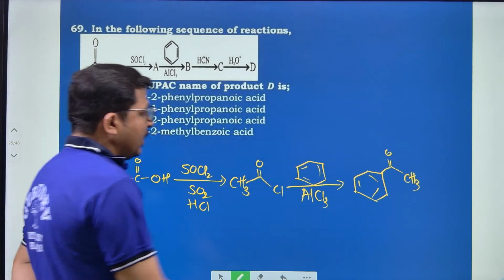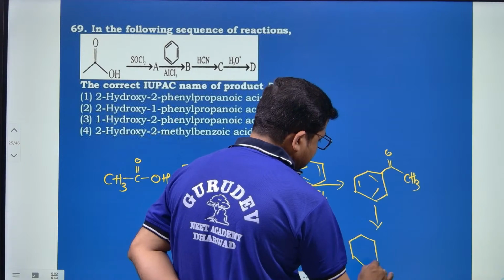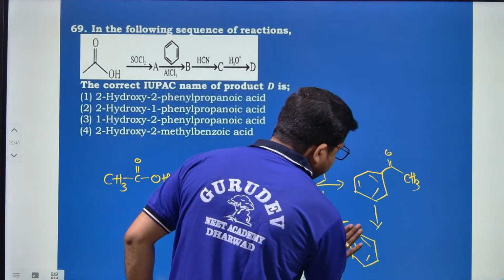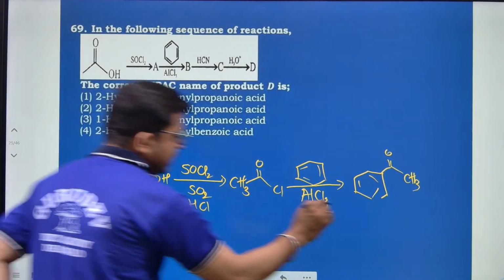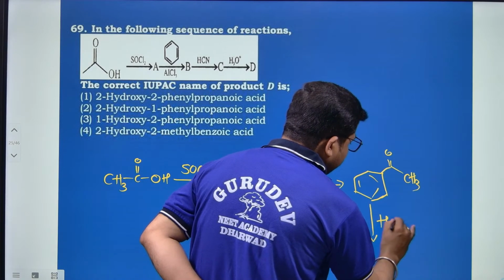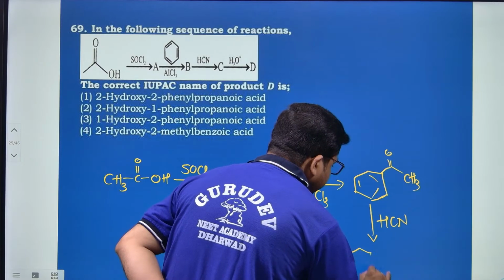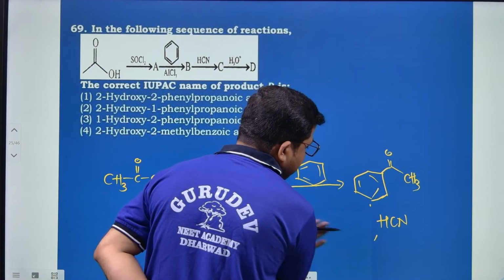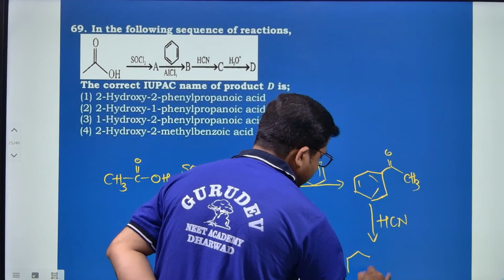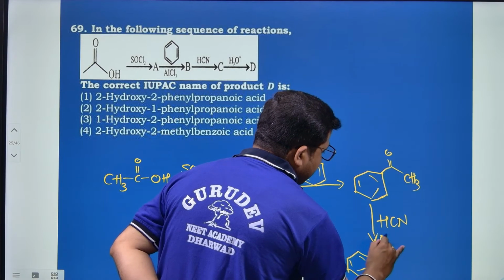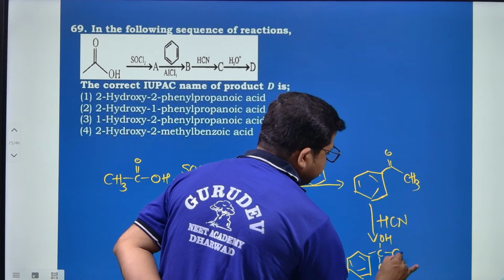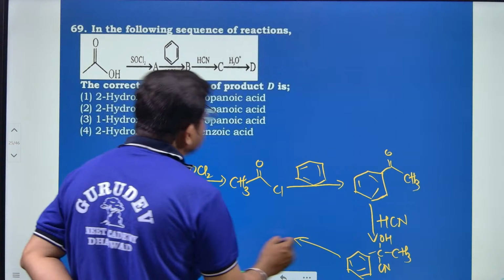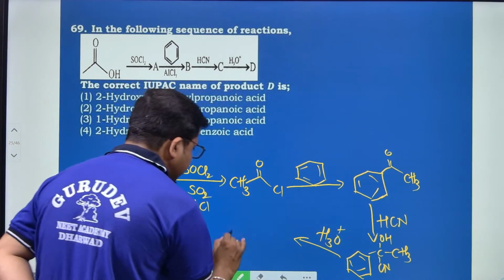And after that, this is a ketone, on reaction with HCN it will produce a cyanohydrin. C(OH)(CN)CH3, because the nucleophile is added to this one, it undergoes nucleophilic addition to form the cyanohydrin, and after that, hydrolysis with H3O+ it will produce